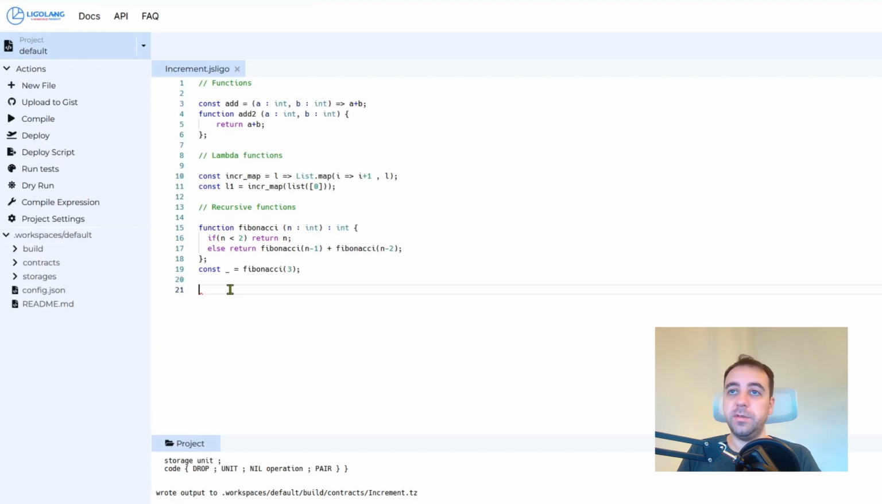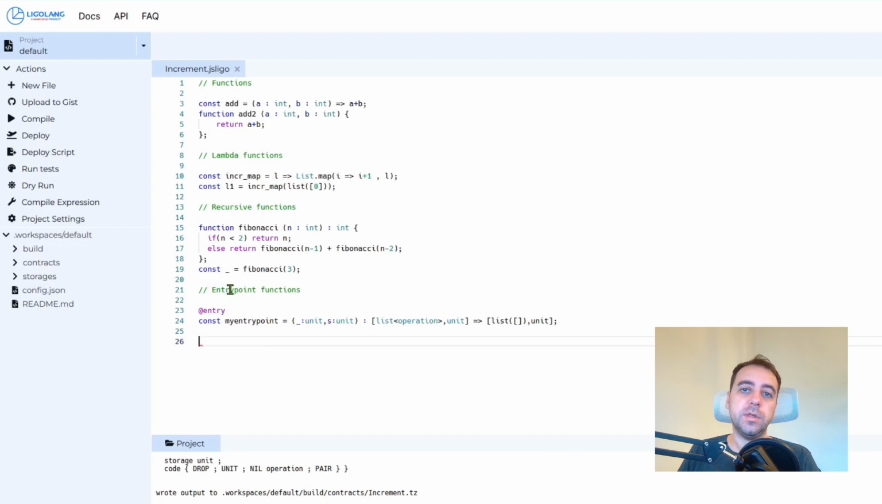There are specific functions that have an annotation, which are called entry points. Let's have a look at some entry points. So the entry point functions follow a certain convention and are pre-annotated with the